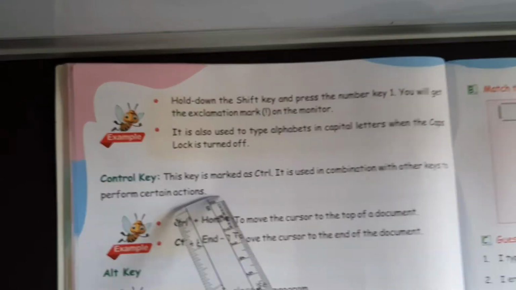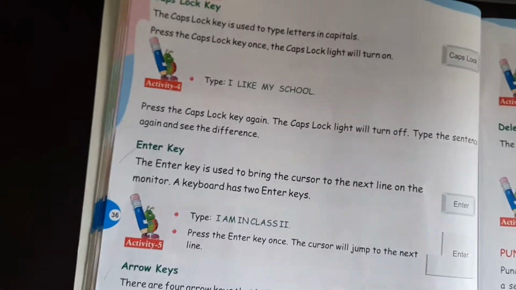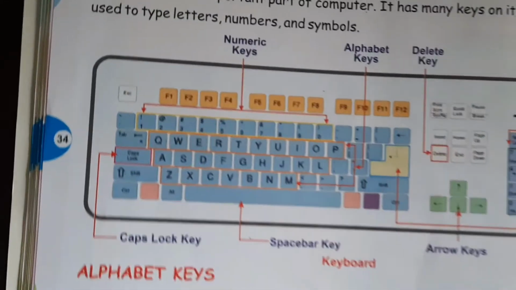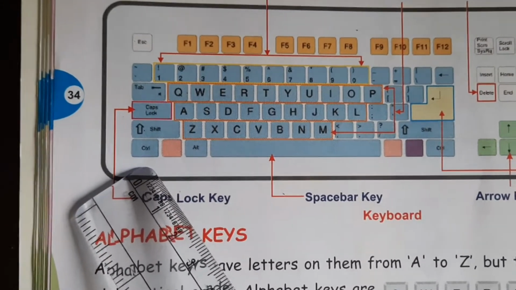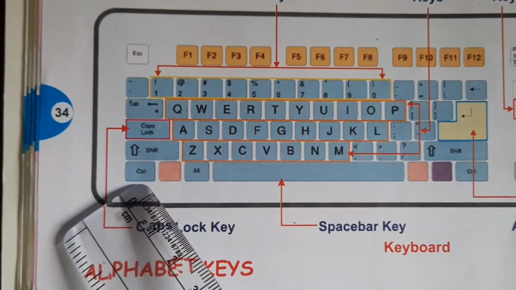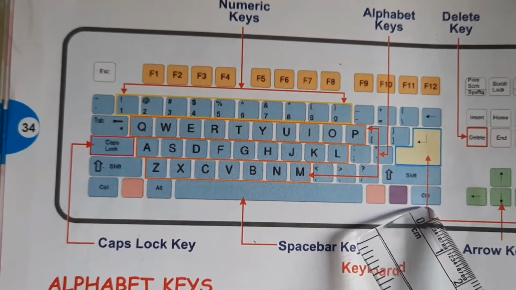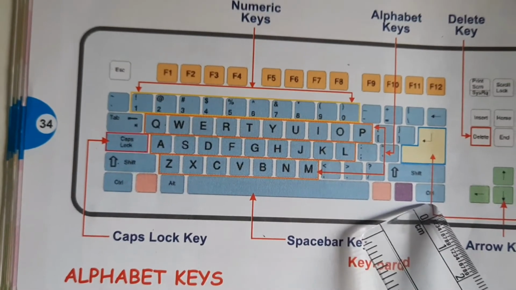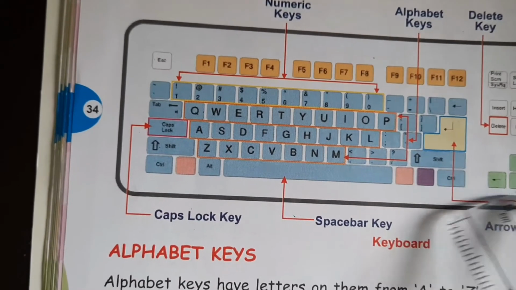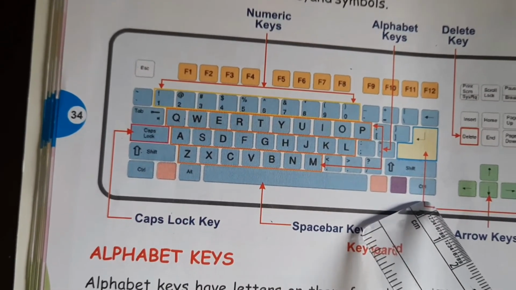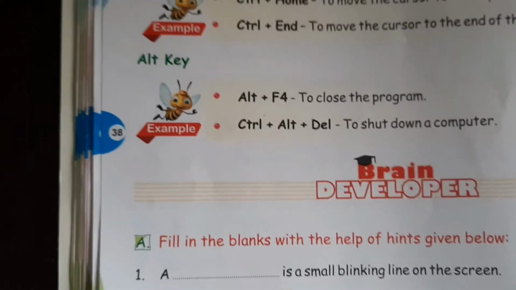But before we learn about the actions, let's go back and find out where I can find this key on a keyboard. So if this is my keyboard, see here on the left side there is a key which says CTRL. It is the control key, and then another control key is here on the right hand side. So you have two control keys present on a keyboard, one on the left side and the other on the right side. Alright, so let's learn about the functions.